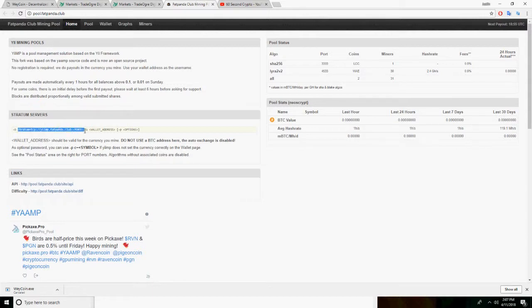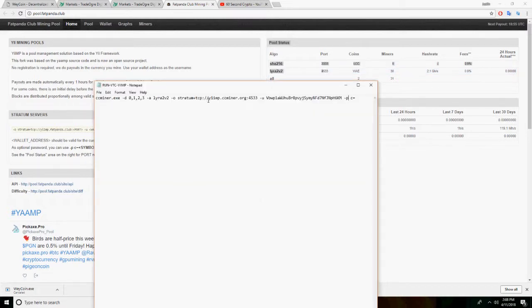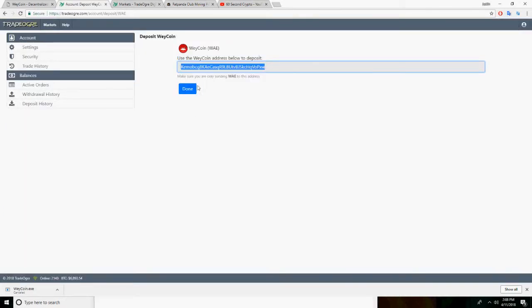I've left a link to the Fat Panda pool in the description. As you can see, they've got a Stratum server builder over here on the left, so you copy that URL, and on the right they've got the two different ports. So replace everything after -A with your new Stratum link, and then write the associated Stratum port from the right,